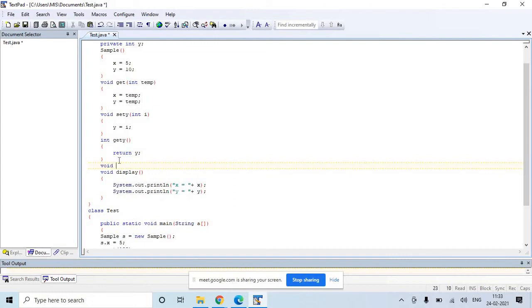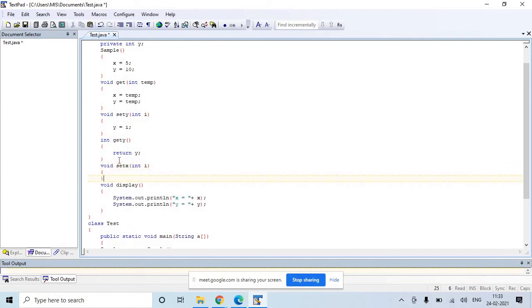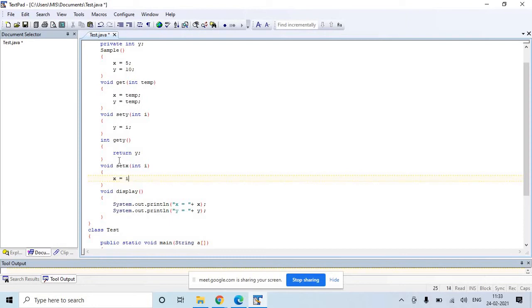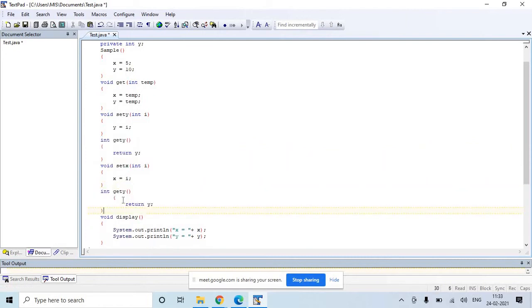Say void set X int I, the user will enter some value and you will initialize here X is equal to I. And if you want to return the value, say get X, it will return the value X.